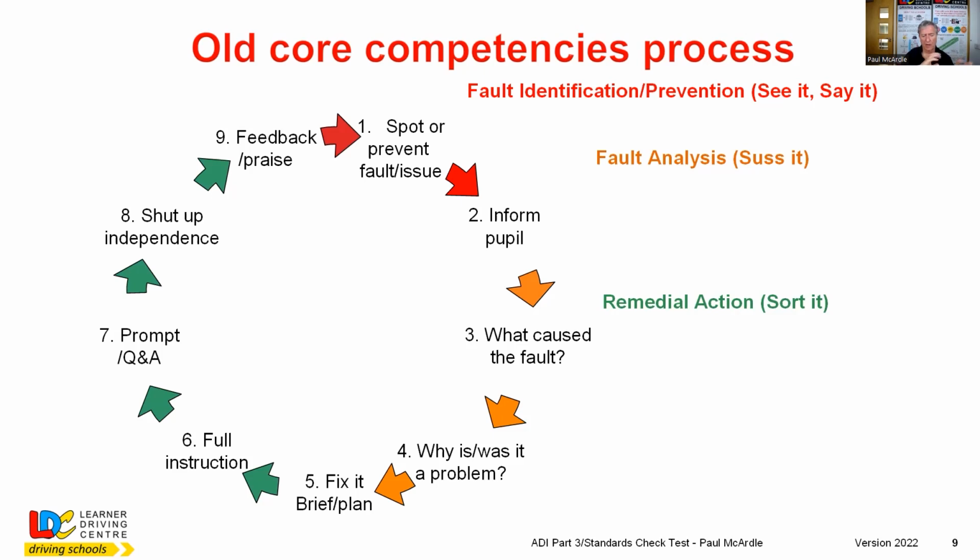If you'd chosen to do that the first time round, the next time round you would hope that they would remember what to do, and you'd try to just get away with a prompt, or indeed a question and answer. So you might say, can you remember what we should do in this situation? Then if they gave you the right answer, you would probably just shut up and let them get on with it. If they didn't,